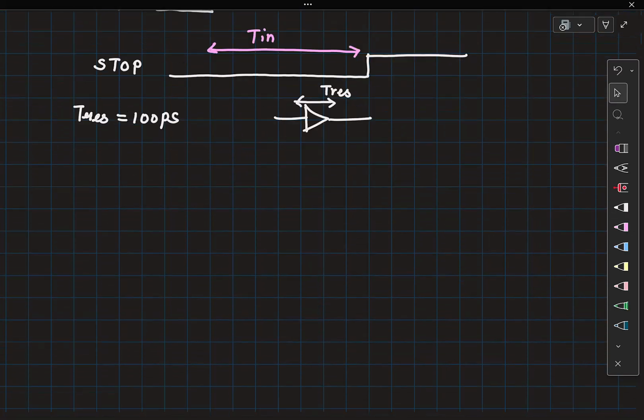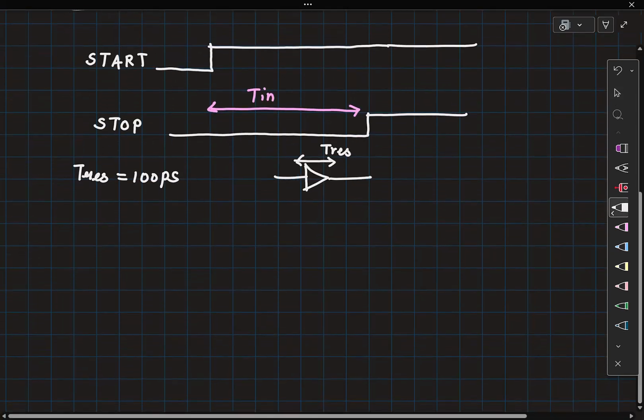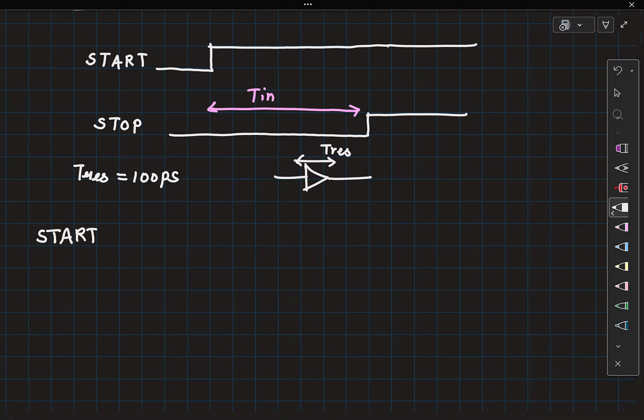Right? So any answers? Okay, let me give you one idea, very similar to what he has started off with. Let's say I take my start signal and I pass this through a buffer chain.